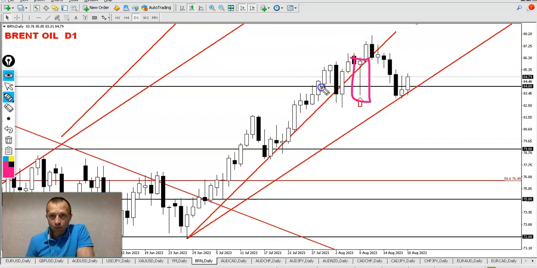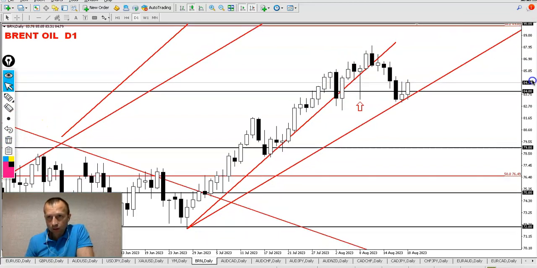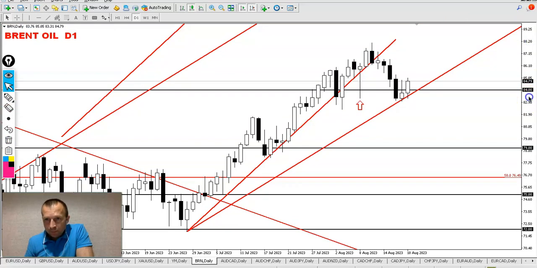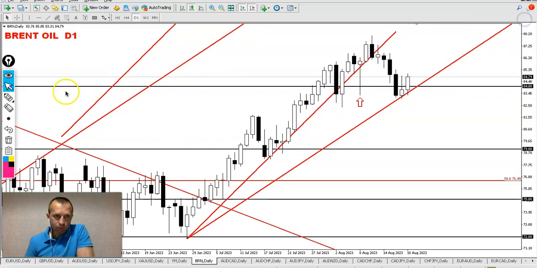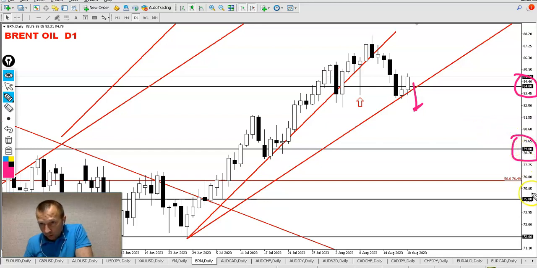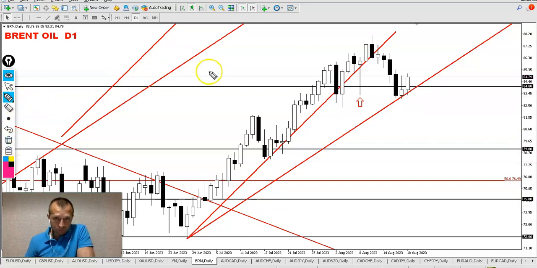But anyway, I would recommend to buy, with the idea to go to the upside, and the next target is 90. On the other hand, if we see that price breaks through this level, 84, and closes on the daily basis below it, it will open the doors for 79 and 75 and so forth. So far it's still bullish. I would recommend to buy, and I think that's it, guys, from me for the weeks ahead.